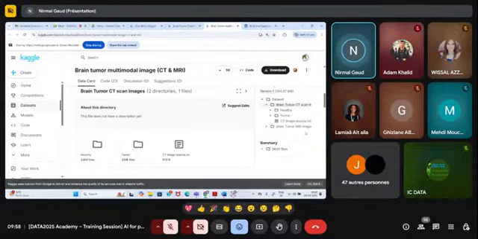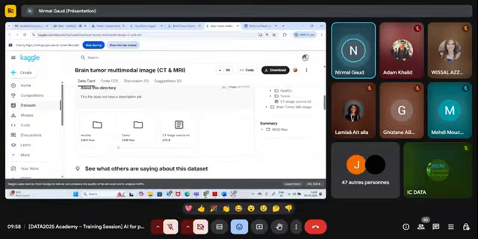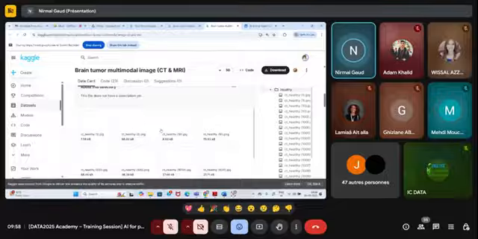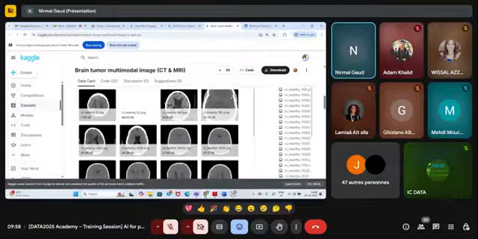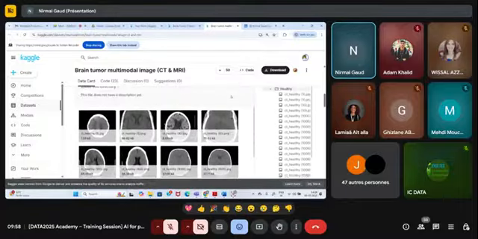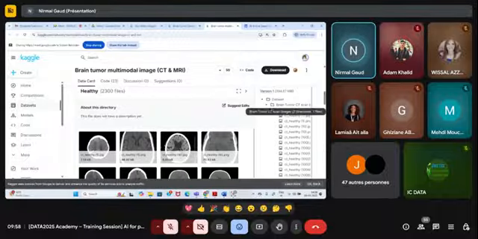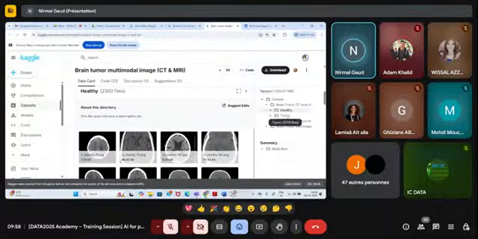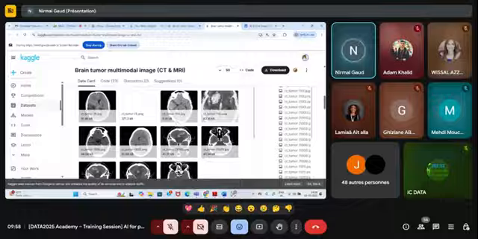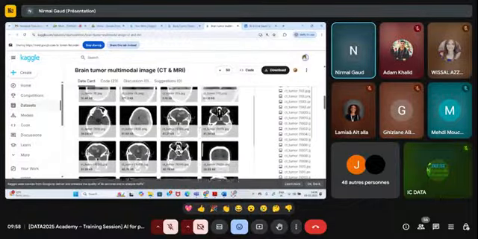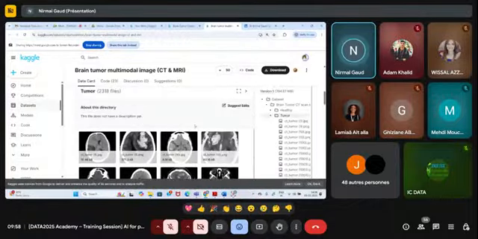In CT scan, I have healthy and tumor images, two folders. I told you when I was teaching that we have two folders, let's say brain tumor or not. So healthy and tumor, CT scan images, you can see. These are CT scan images which are healthy in nature. And then I have tumor images also. Here you can see, these are tumor images. CT scan, and it's not color, it's a grayscale image.